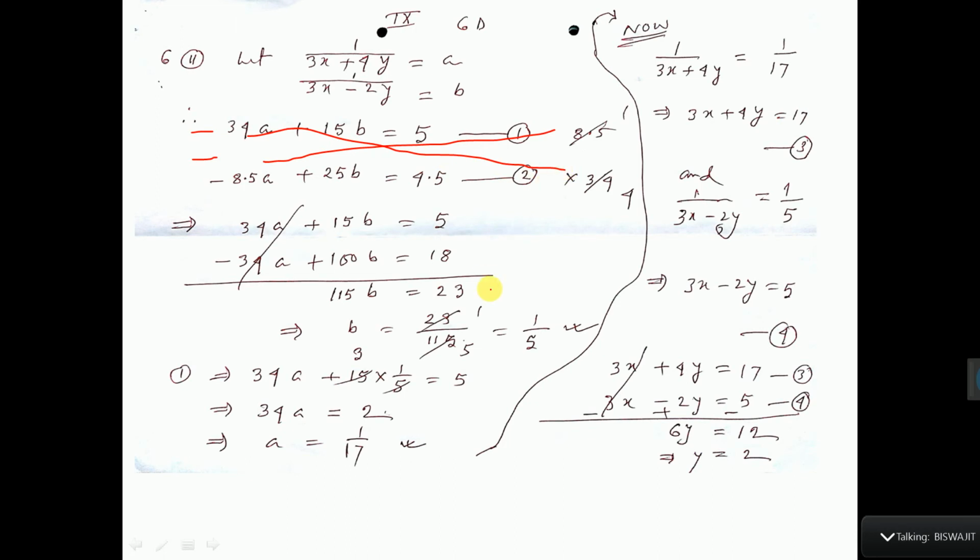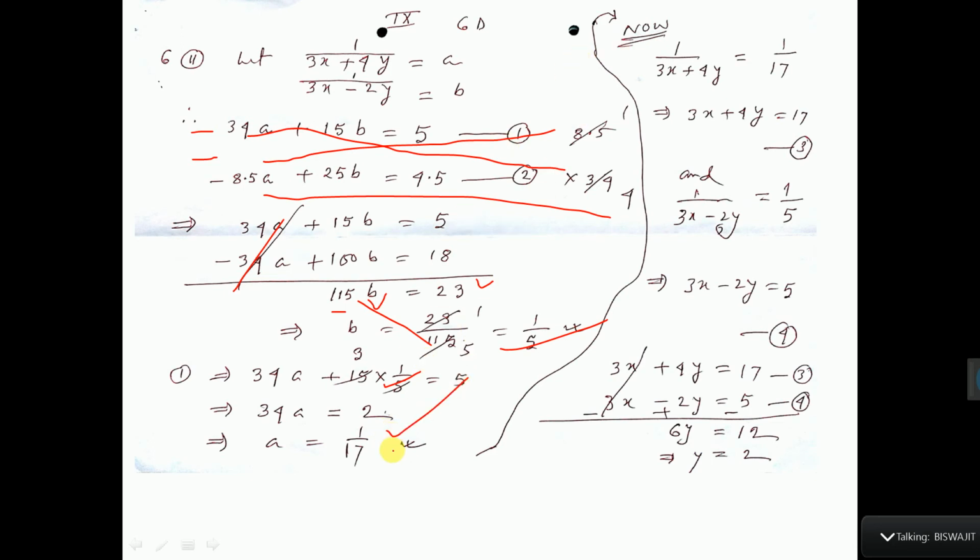Then do cancellation, 17 you multiply 17. So sorry, 8.5, divide, cut by 8.5, so it will be 1, it will be 4. So 1 into this means this, 4 into this means this. Now see, this one equal on opposite side cut. So this one if you add this one, if you add this. So 115 will go down, cut, it will get 1 by 5. Now 1 by 5 you put in equation number 1. Then you are getting a.